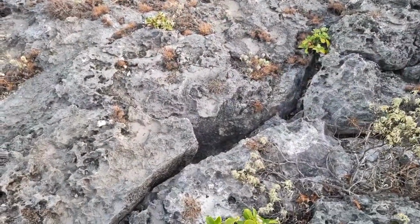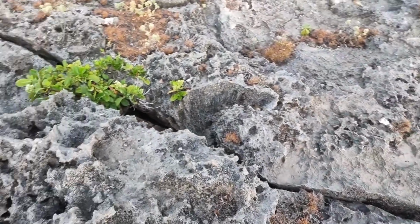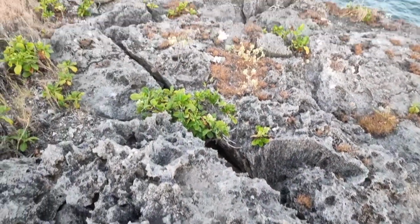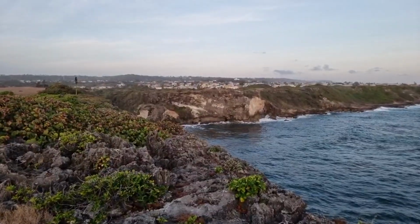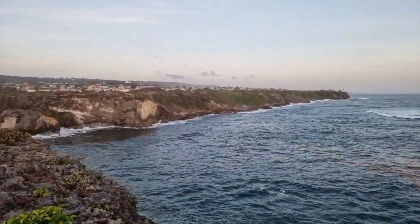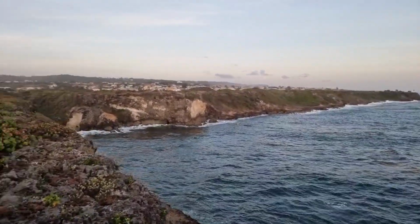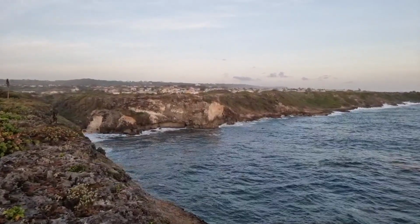And obviously this piece here, I don't know when this will drop off, but one day it will drop off, because as you can see the cracks going right around. That will probably not happen in my lifetime or in your lifetime. However, it could happen quite easy, as you're seeing the distance here. The lighter cliff sections that you're seeing, that would be where it has dropped off. And I would say not too long ago, you can actually see the shading of it,